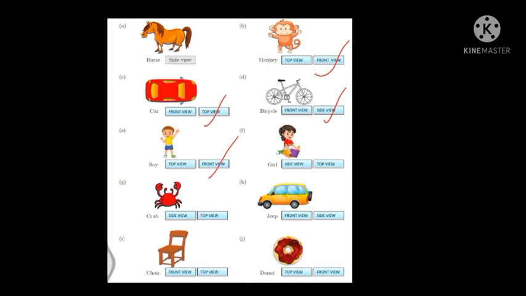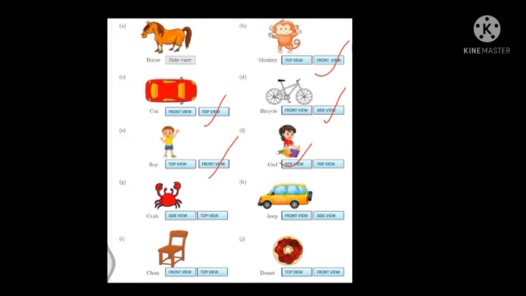And this next one is a girl sitting. You can see a side. वो थोड़ी side से दिख रही है ना? उसका face properly round नहीं दिख रहा. जैसे यहाँ पे boy का face properly हमें screen पे ऊपर दिख रहा था. But here you can see she is sitting aside. थोड़ी सी side पे दिख रही. That means this one is the side view of this girl. Yes or no? So side view. Answer is side view.